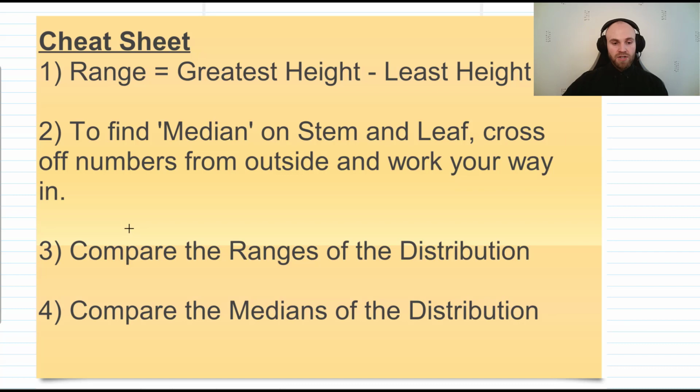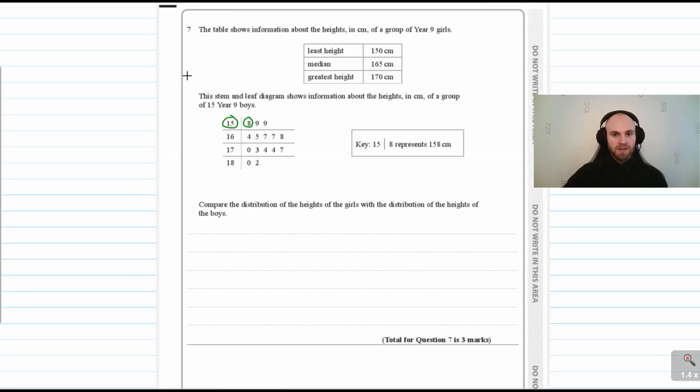And with a distribution here, we're going to compare the ranges of the distribution between the boys and the girls. And for part 4, we're going to compare the medians of the distribution between the boys and the girls. So we need to find out those pieces of information. I'm going to start with, well, we know that the median for the girls is this one here. It's going to be 165 centimeters. We know that the least height is 150 centimeters. We know that the greatest height is 170 centimeters. So I'm going to put here the girls' range